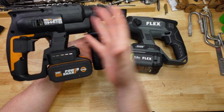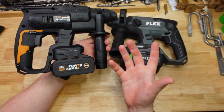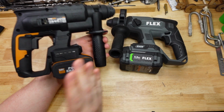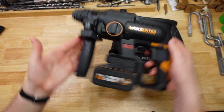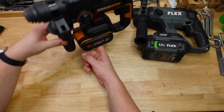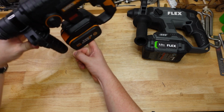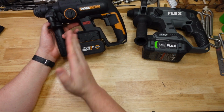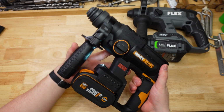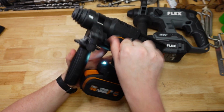They both got this classic, like, Bosch rotary hammer shape where you've got the inline motor and hammer up here. They got the battery in the middle, so that makes it quite compact and nicely balanced. So the center of gravity is basically, I can't balance it, but basically straight in the middle because the battery's right there. And they are all 3 modes, so that's drill only, hammer drill,